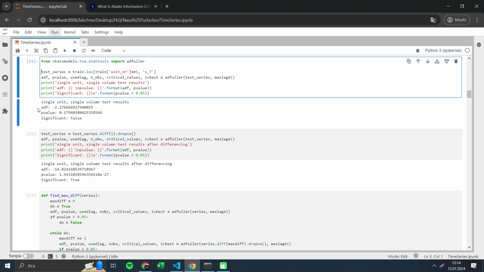First, the ADF test statistic, second line. This test statistic is negative, which typically indicates some level of stationarity, but the degree of stationarity depends on how negative it is. And the p-value is 0.17, let's say, which is greater than